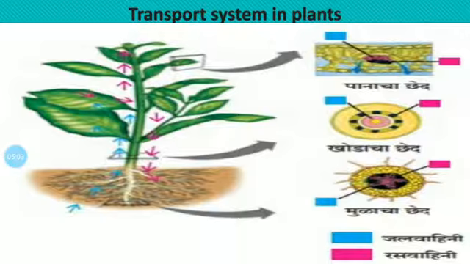Though the plant has a transport system, it does not have a separate excretory or digestive system. With the help of that transportation system, water, minerals and glucose, which means food, are transported to all parts of the body. See the picture present on the screen. In that, blue color indicates xylem and pink color indicates phloem. So friends, this is the transportation system in plants.